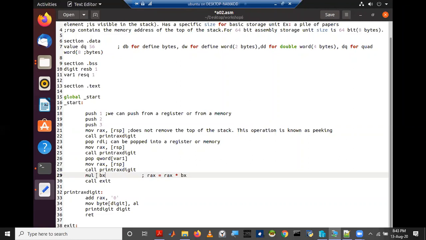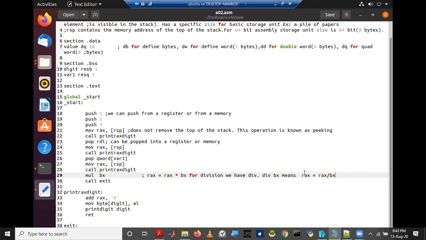So the division is the same. For division we have DIV. So DIV BX means RAX is equal to RAX divided by BX.